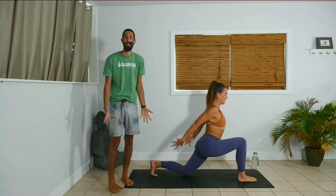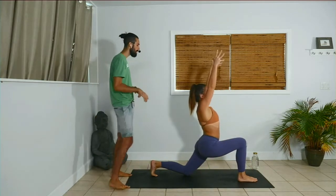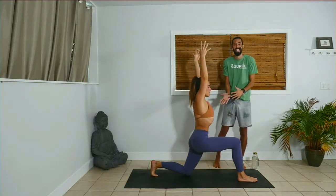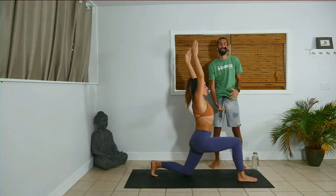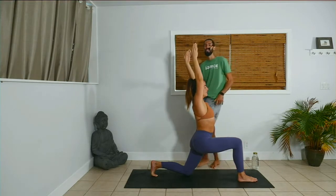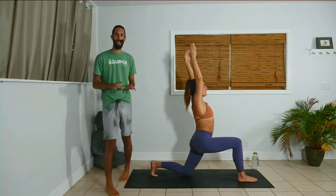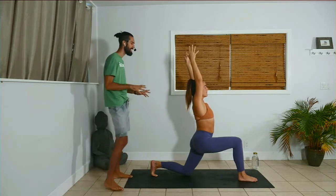Inhale, crescent moon, lift your hands high and above your head. Pause here on your exhale. Engage your core by squeezing your inner thighs together. Press your left hip forward to open up your hip flexor. Reach your hands towards the sky. Now know that as we flow this, you're welcome to come to this variation exactly as Jen is with a